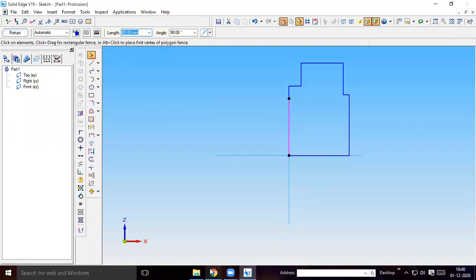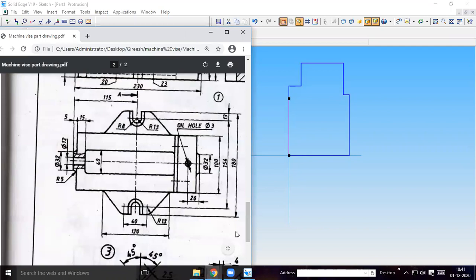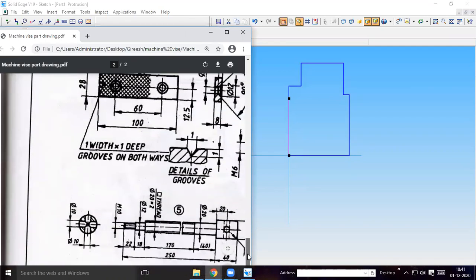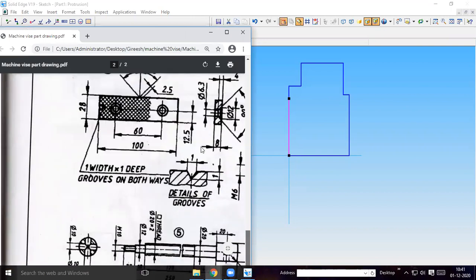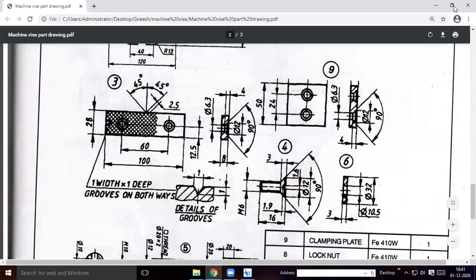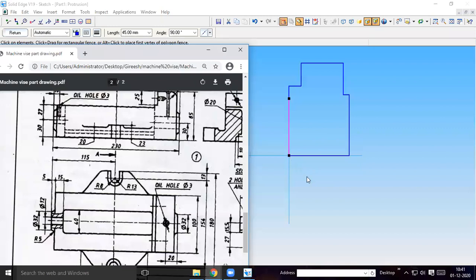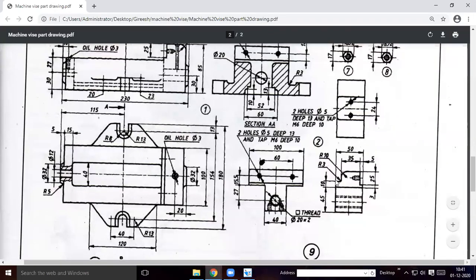If you can see the sheet, see here, this is 45, 10, then 18, 35, 25, 5, 3, 45, and 50. So that's what I drew.